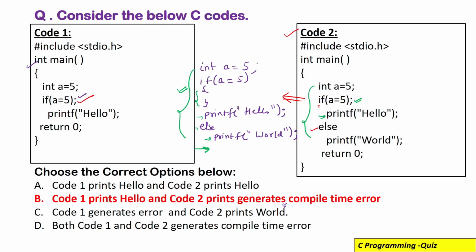So what is the meaning of that? I have a video in the C programming playlist. You can check that, where I have explained the reason for this question also. The simple rule is, after the body of if and before the body of else, you should not use any statement between them. But here we can see after this body of if and before the body of else, we have this printf hello.